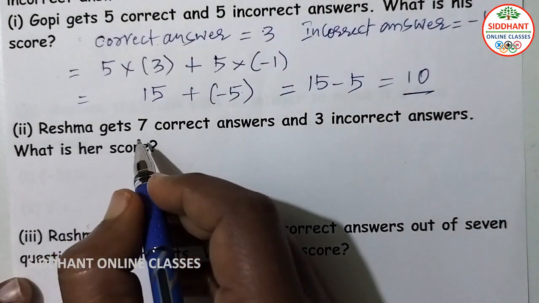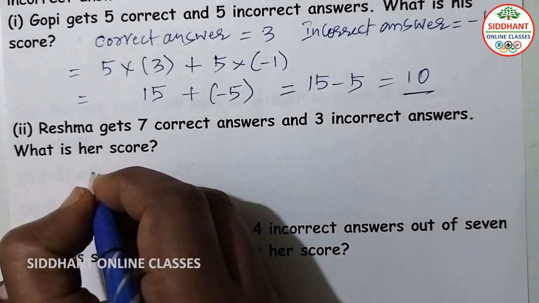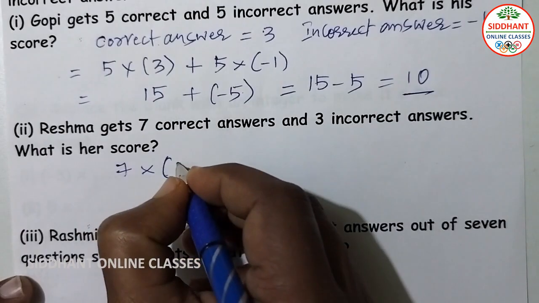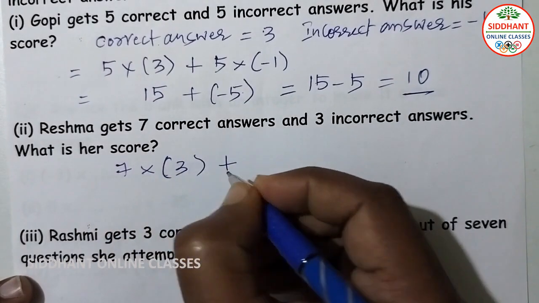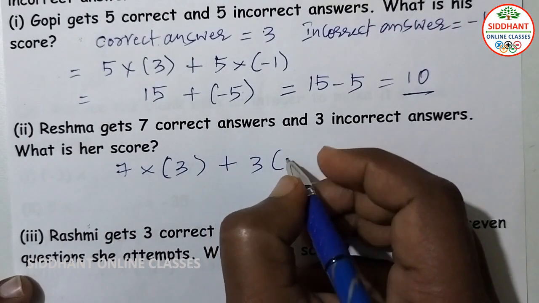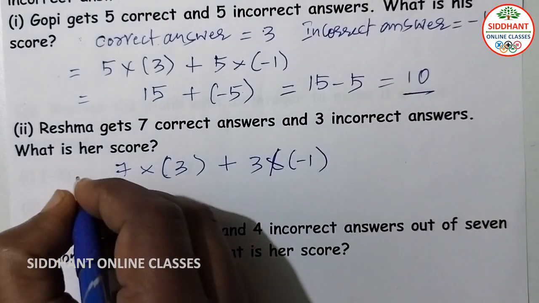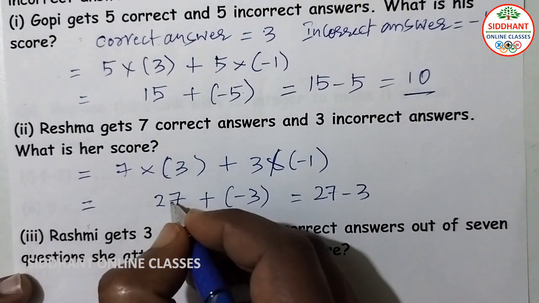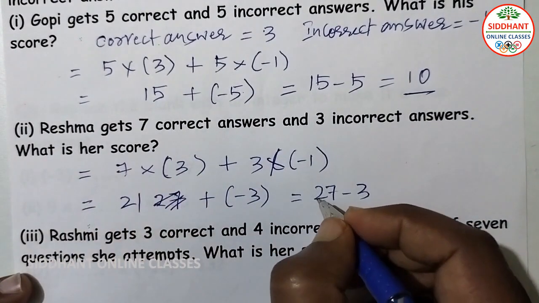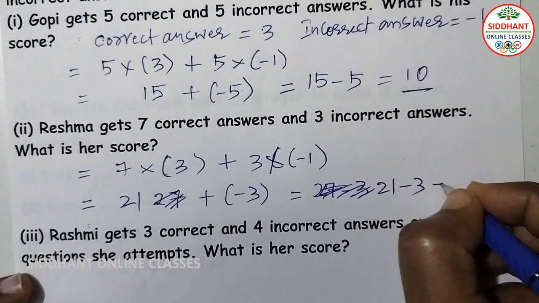Second one, Reshma gets 7 correct answers and 3 incorrect answers. What is her score? So here 7 correct answers means 7 into 3 marks, plus 3 incorrect answers, 3 into minus 1. 7 into 3 will be 21, plus minus 3, 21 minus 3, that will be